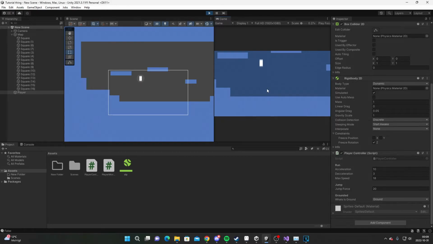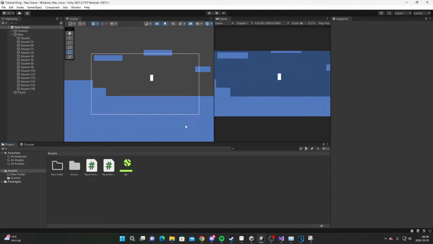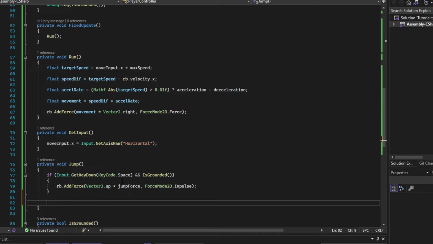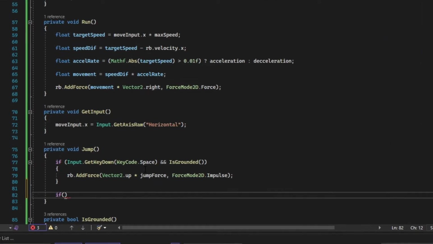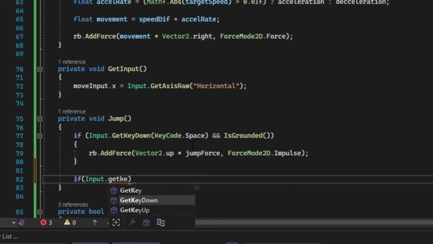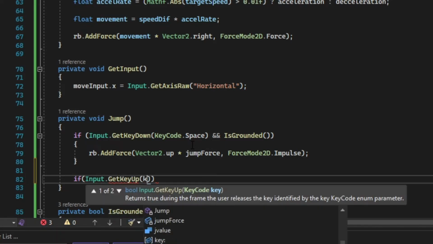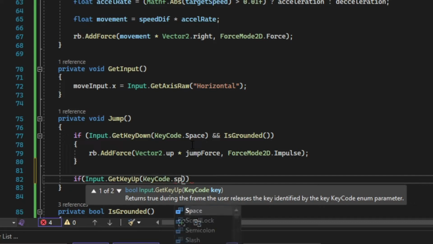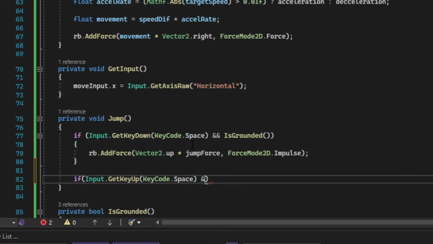But the jump feels kind of floaty, so let's add some gravity to it. Like 3 maybe? Yeah. Now it feels a lot better. So let's take this player controller to the next level by adding some varied jump heights. Open up the script and we will add in the jump function, if we ended our jump early, GetKeyUp and the key that you used to jump, space,